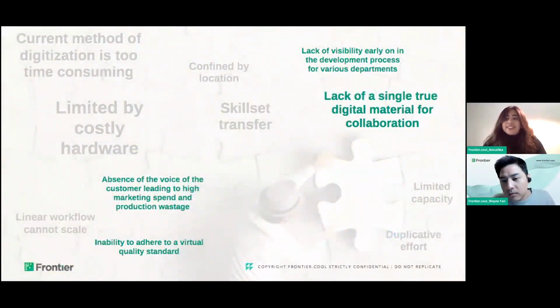A lack of a single true digital material for collaboration. The lack of visibility early on in the development process for various departments. The inability to adhere to virtual quality standards. And this one was the most received feedback: the absence of the voice of the customer, leading to high marketing